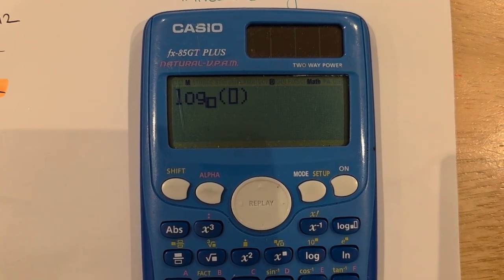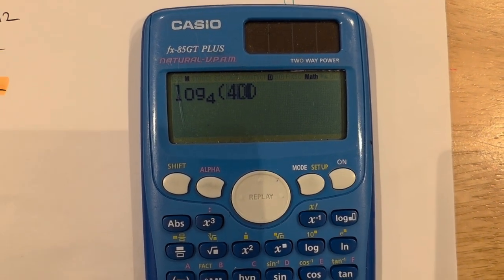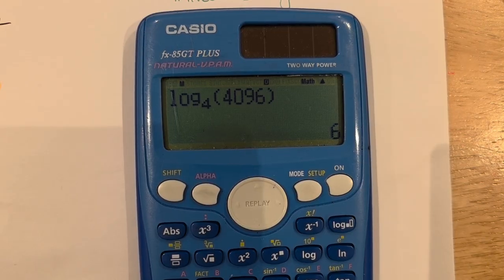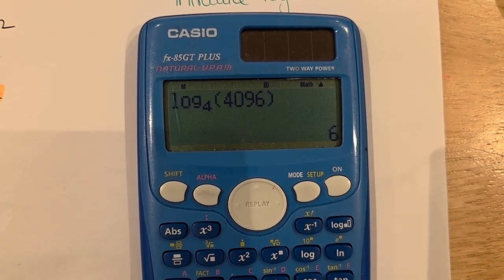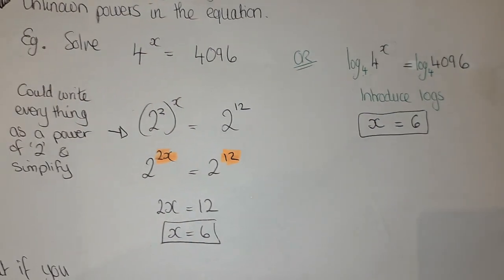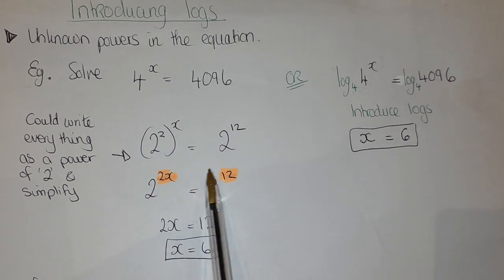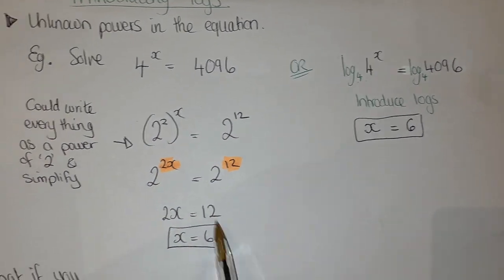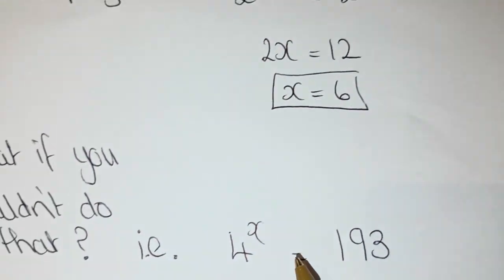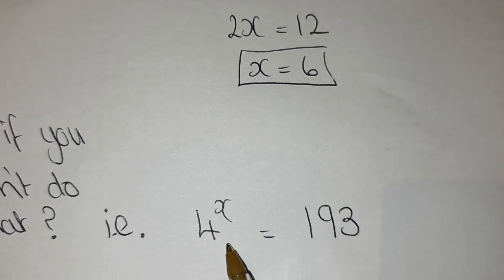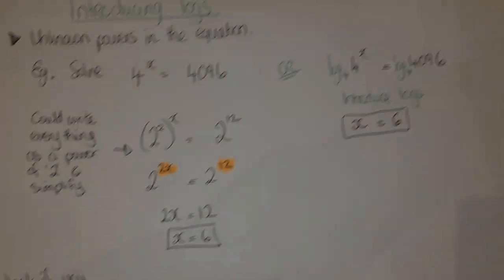All right, log, put in the little base of 4, put in your 4096, press equals, and I get back 6 straight away. Okay, and that was the same answer we got when we used rules of indices instead. Now I'll come back down to this one. There is only one way to solve this, and I have to introduce logs, whereas obviously there were 2 methods